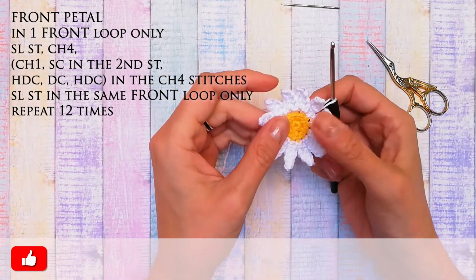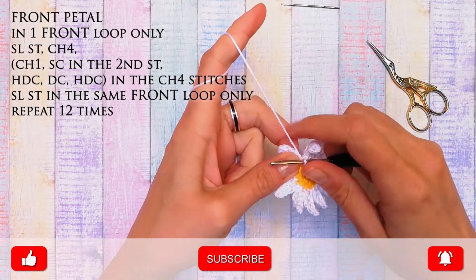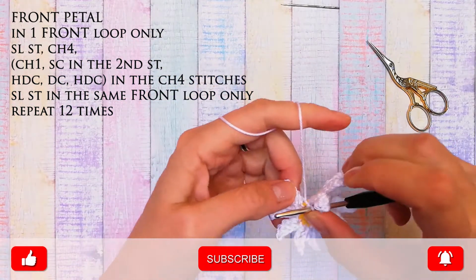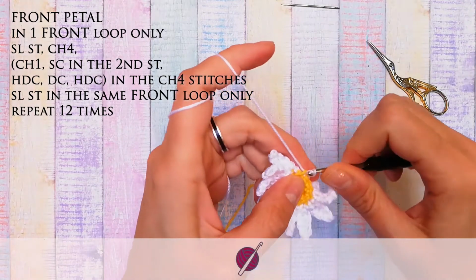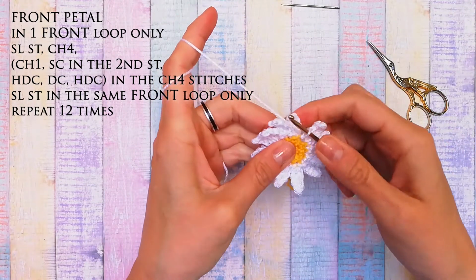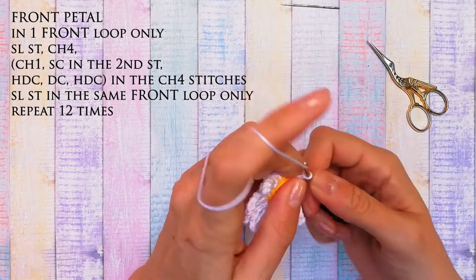make just another row. So now that I've joined with the slip stitch on the back loop only, now I have to kind of shift to the front loop. So I just grab the front loop and make a slip stitch through there. So now my work is gonna be worked from the front, on the front loop only, and I'm gonna do